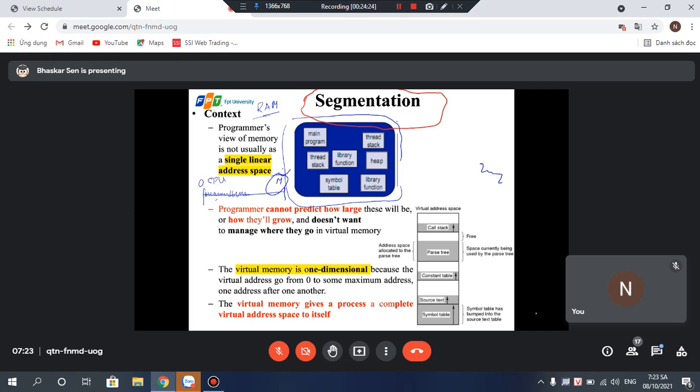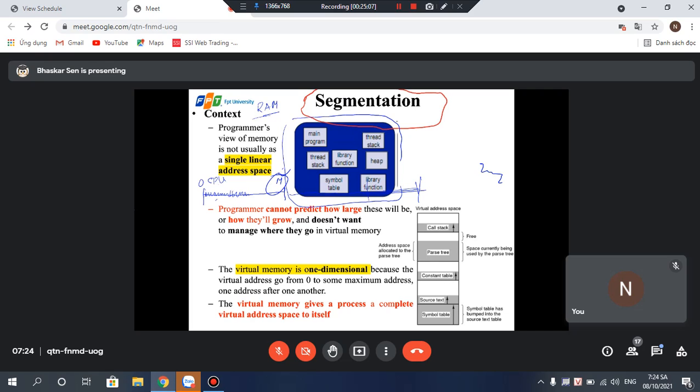the program is assumed to be too large for the CPU in a linear way, then the CPU will fail to generate the address, the logical address, for a part of this program. Try to understand, because it's trying to generate one single address space. One single address space that must cover the entire length of the program if the program wants to run on that particular machine where you have a limited, restricted amount of RAM.